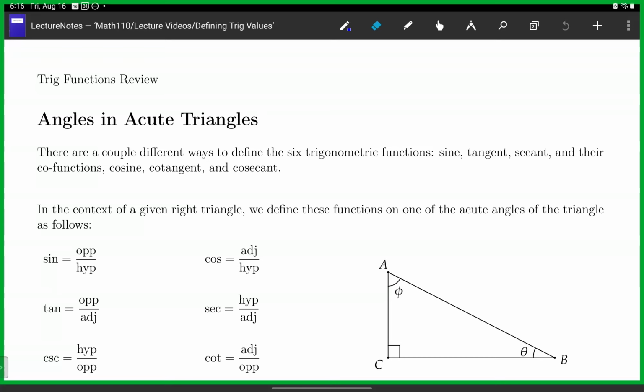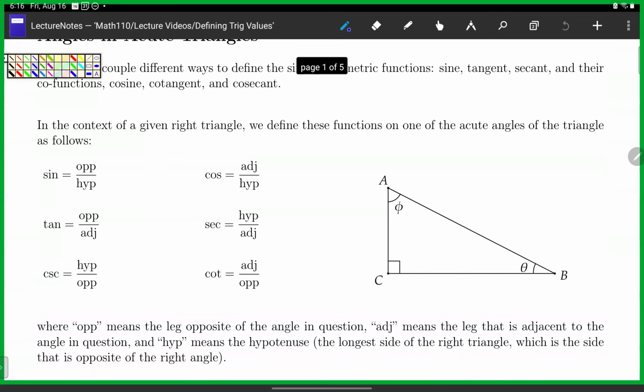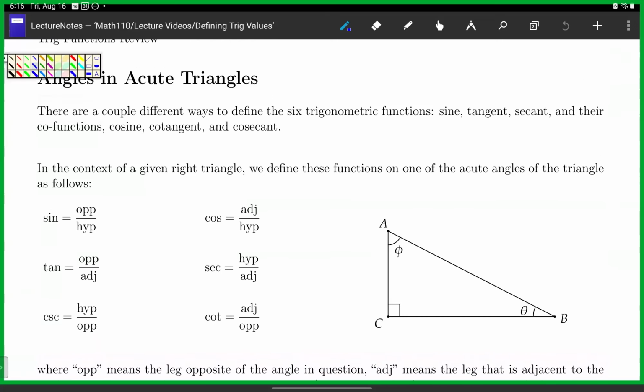Okay, so what we're going to do here is review the definitions of our basic trig functions. We're going to start with angles in an acute triangle. There's a few different ways to actually define all of these 6 trigonometric functions, but we're going to start with these ones. You may already have been introduced to this idea that if you are given an acute angle that is in a triangle, then you can define the trig functions on that angle according to ratios of side lengths